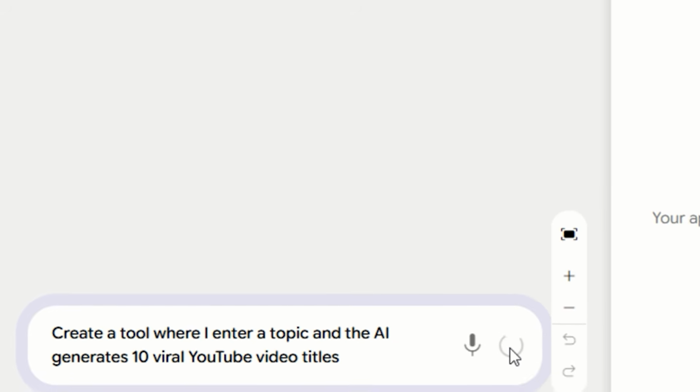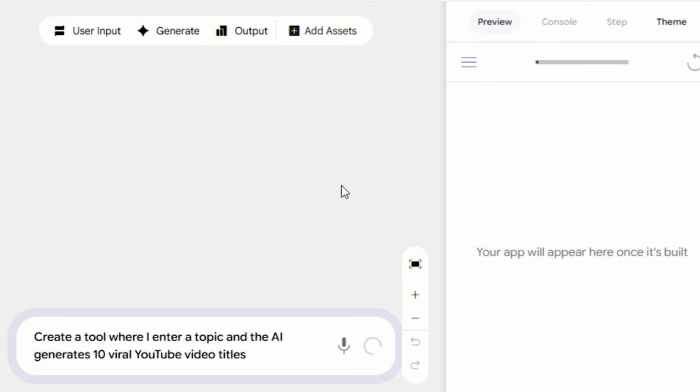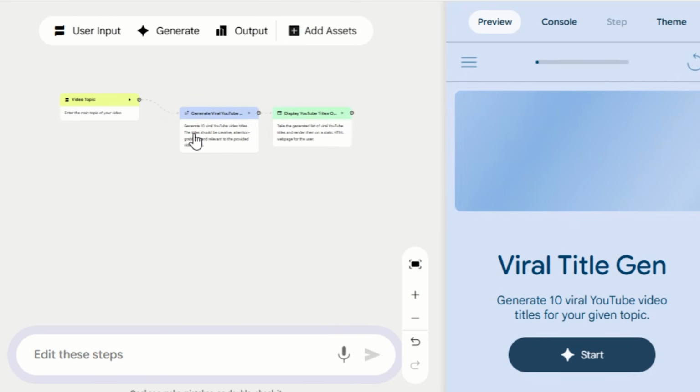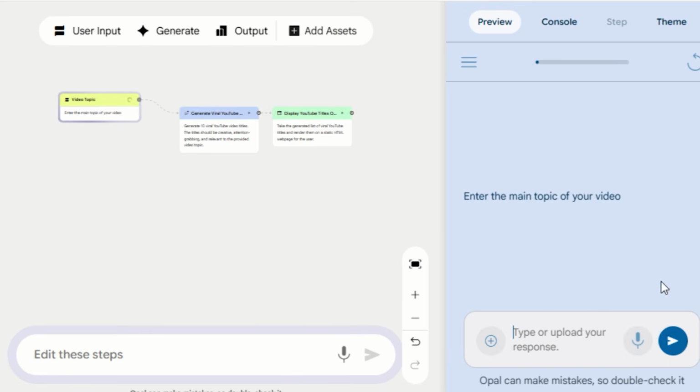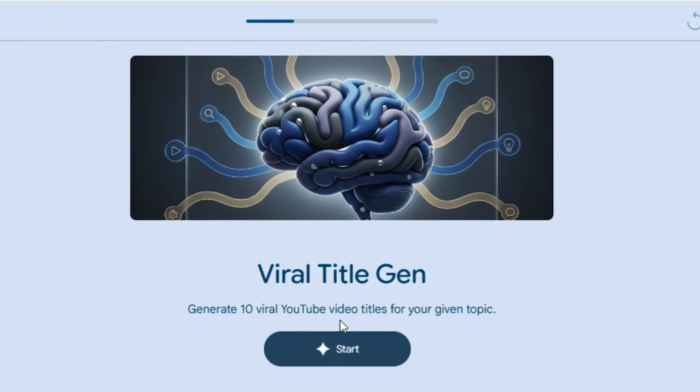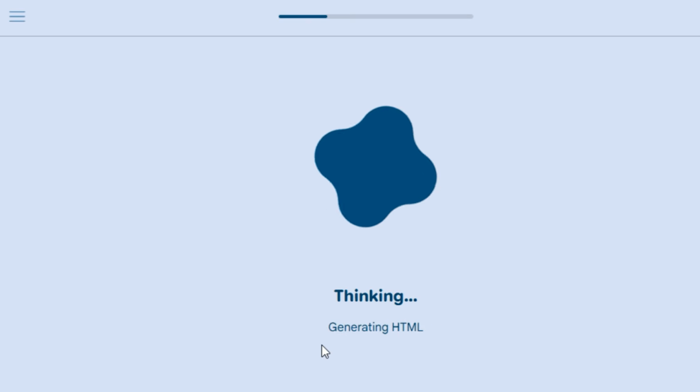When I submit the prompt, Opal takes about 20 seconds to build the workflow. It automatically creates an input node where I enter the topic, an AI processing node that generates the ideas, and an output section that displays the results. To test it, I can click Start, type in a topic like money, and instantly get 10 YouTube title ideas